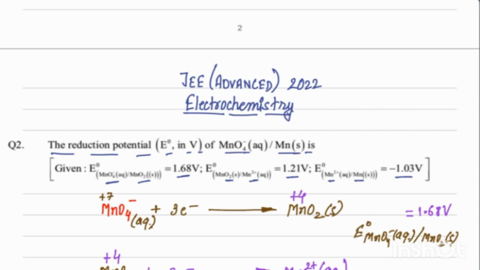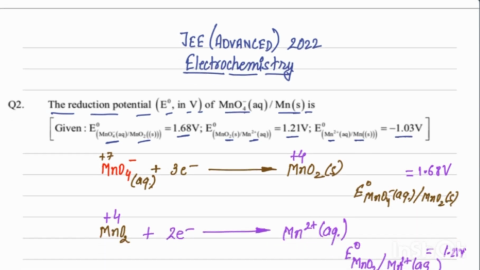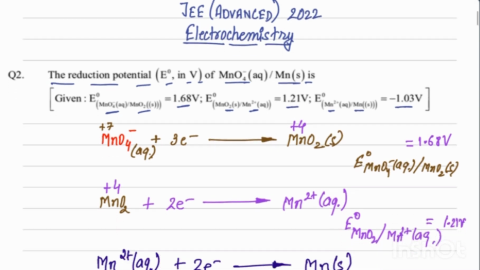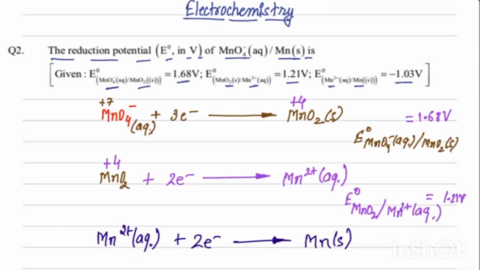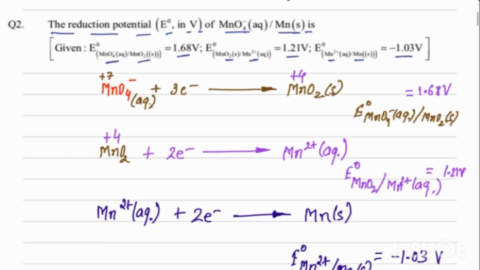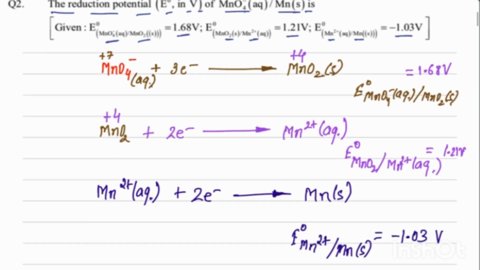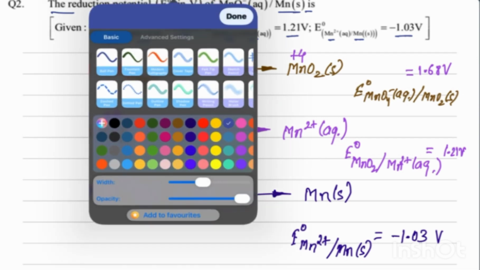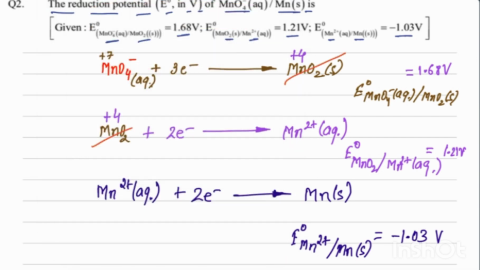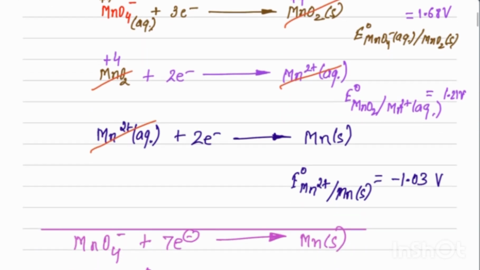1.03 volt. Now, for MnO4 negative to MnO2, the standard reduction potential given is 1.68 volt. MnO2 to Mn2 plus can be written like this, with standard reduction potential 1.21 volt, and Mn2 plus to Mn is minus 1.03 volt. When we add all these three reactions, the MnO2 and the Mn2 plus will cancel out. Then we get the reaction MnO4 negative plus 3 plus 2 plus 2, that means 7 electrons, giving us Mn